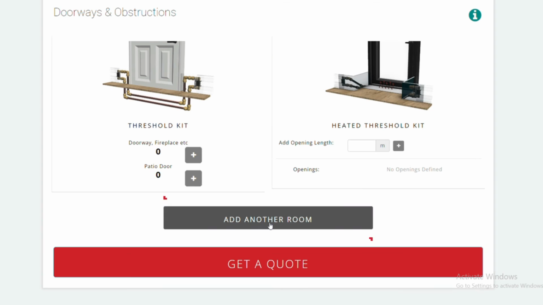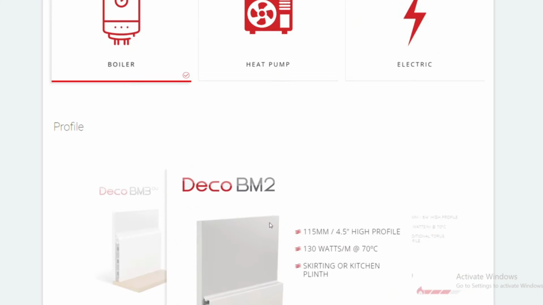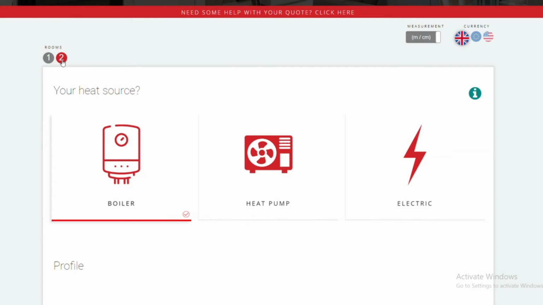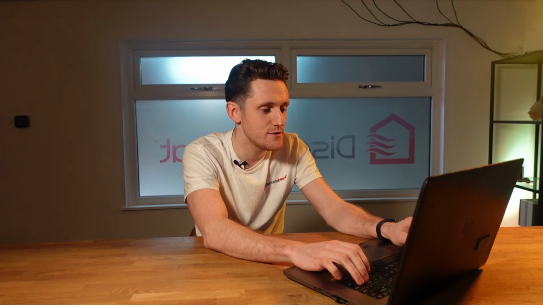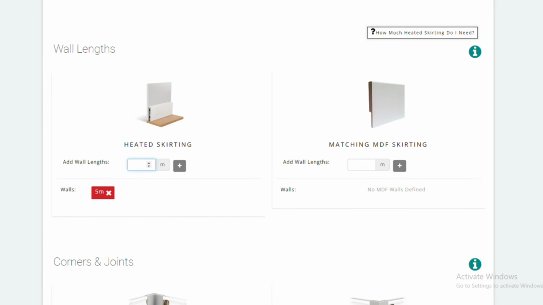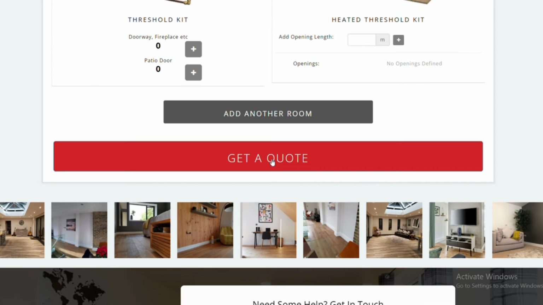If you want to add another room, you simply click add another room and it will scroll the quotation back to the top. If I press that, it takes me to the top and you can see that I've got room 1 and room 2 here in the top left hand corner, and I can flick between the two rooms. So again, boiler, BM2, heated skirting, it could be a simple bedroom, a 5x3. We'll need some dummy skirt, 2 internal corners, a manual TRV, that's anti-clockwise this time,